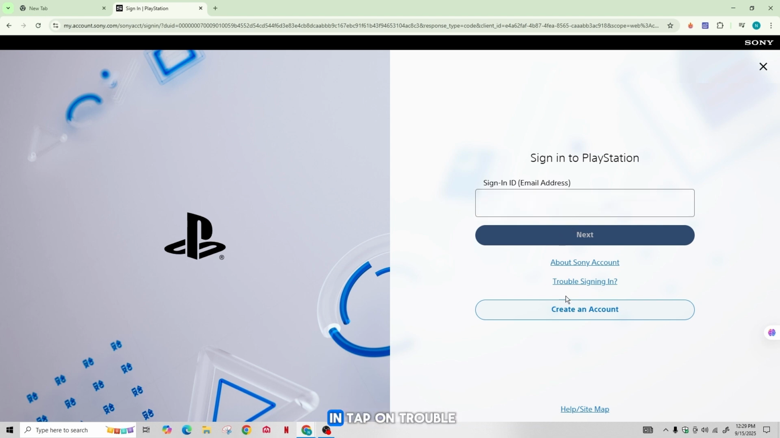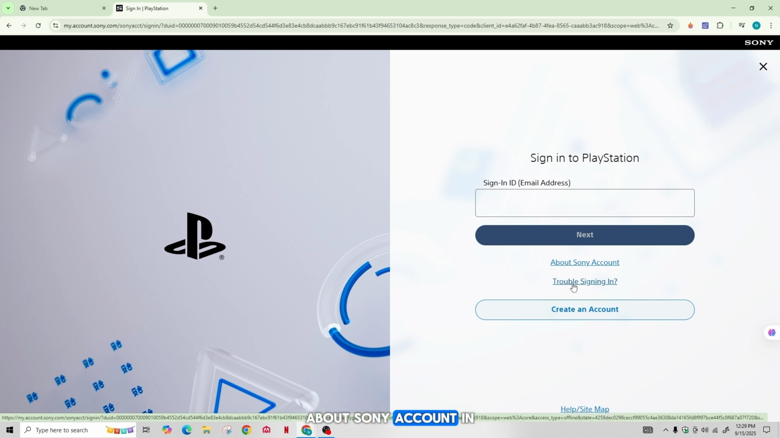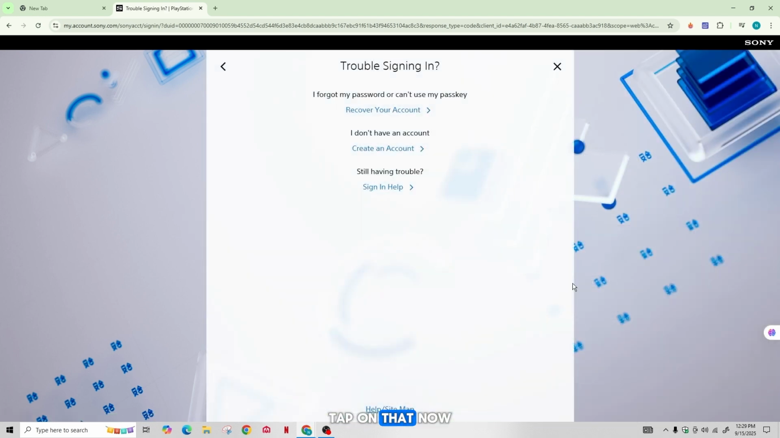If you can't sign in, tap on Trouble Signing In, which is below About Sony Account on this page. Tap on that. Now you'll get 3 different options: recover your account, create an account, and sign-in help. As Recover Your Account is for forgetting the password and being unable to use the passkey, we're going to tap on